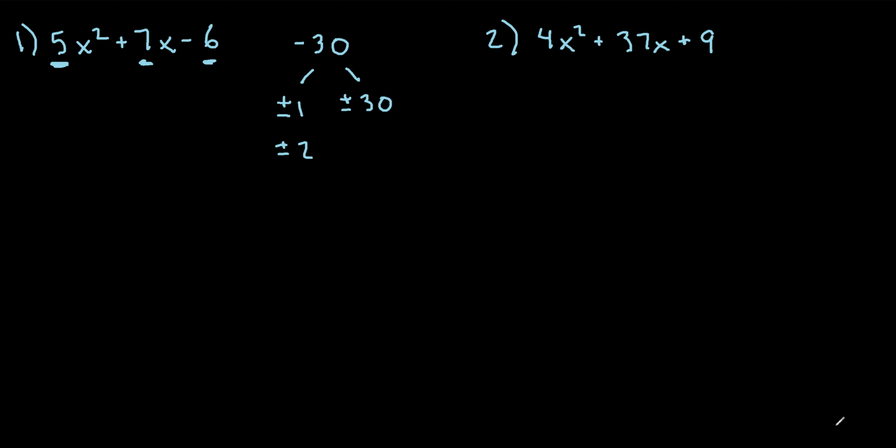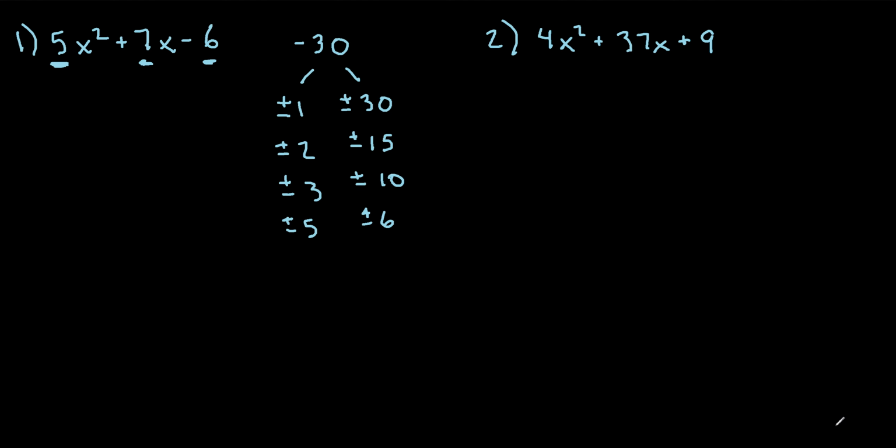Plus or minus 2, plus or minus 15, plus or minus 3, plus or minus 10, let's see, plus or minus 5, plus or minus 6. So any of these numbers could multiply to 30. So we're looking for which pair of numbers that multiply to negative 30 can also add to 7. Well, it looks like 3 and 10 would probably get the job done. So if we used a positive 10 and a negative 3, that multiplies to negative 30, and it also adds